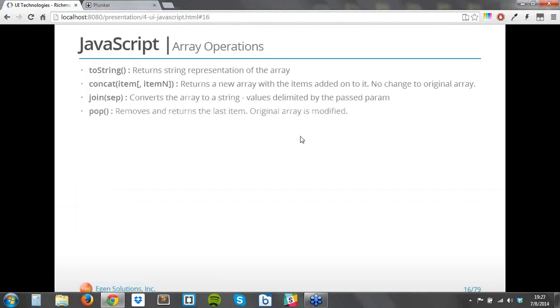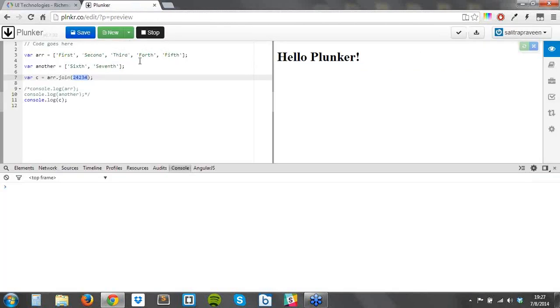Next we have pop. What it does is remove and return the last item. Of course, pop means popping out one item from the array, and from where? From the last position. So I'm going to skip this right now, and then let's say